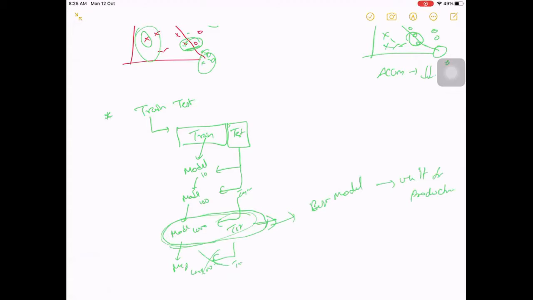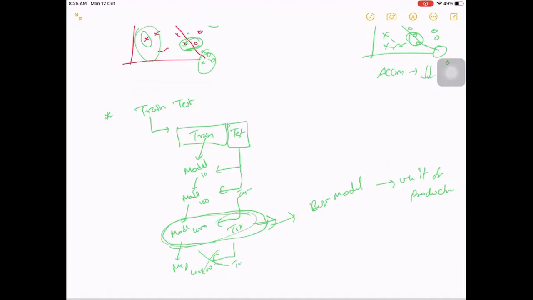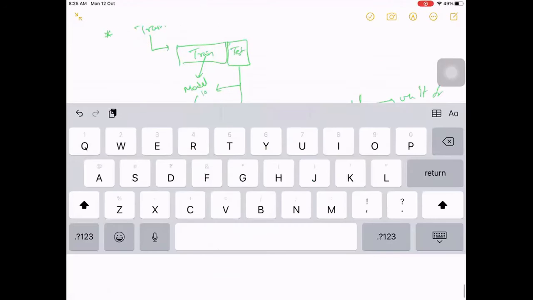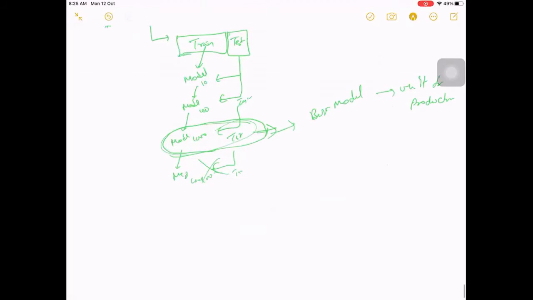So what you are actually doing is indirectly optimizing your model on this test data, right? If it is on training, the loss function actually optimizes on the loss you get from train, but you are manually checking on test every time, and then finally selecting the best model out of these.